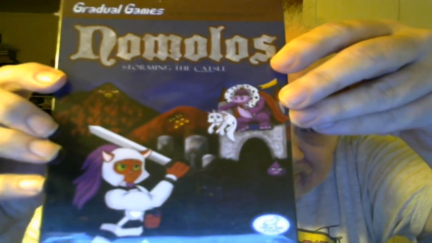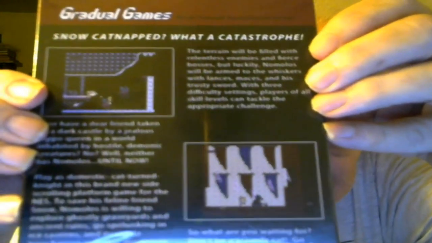Okay, this is still sealed. I got it from Retro USB, and it's been discontinued. Nomelos, Storming the Castle, with cat underlined. And so it's Storming the Castle. I forgot all about that. Okay, so that's 1, 2, 3, 4, 5, 6, 7, 8, 9, 10, 11 cartridges, minus 2 duplicates,